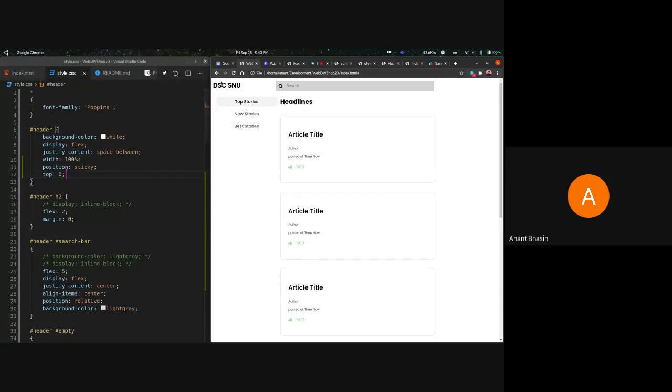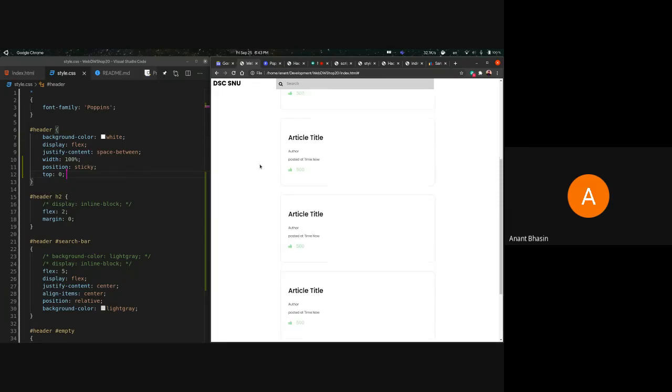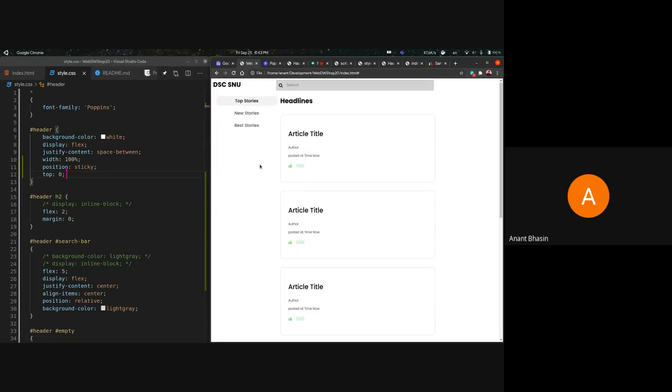The header is at a certain vertical margin from the top, but when I start scrolling, it goes to the top, 0 pixels from the top. Now, first of all, you can see sticky in action. As soon as the header comes to the top value set for the element, it starts to stick.